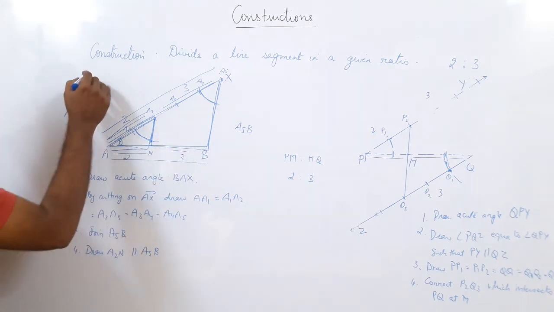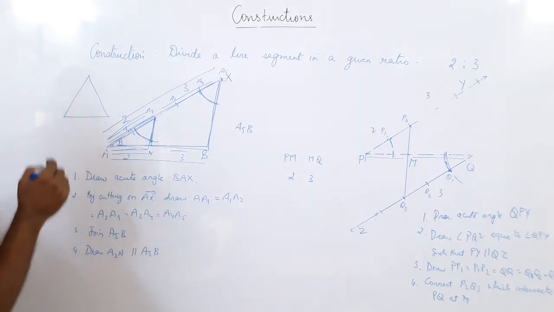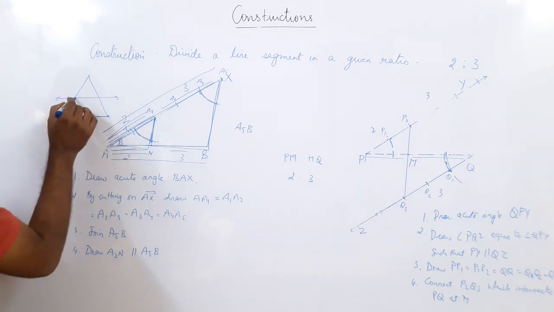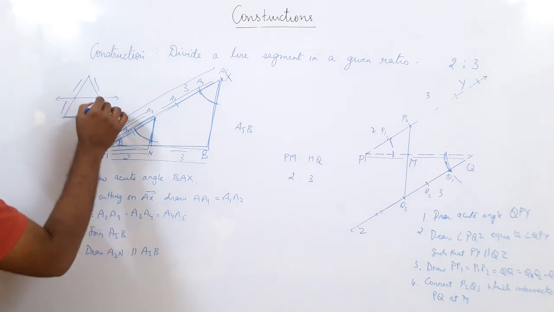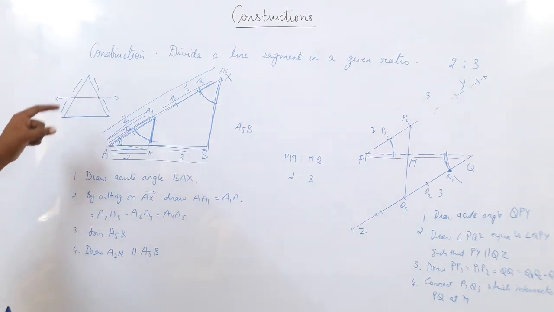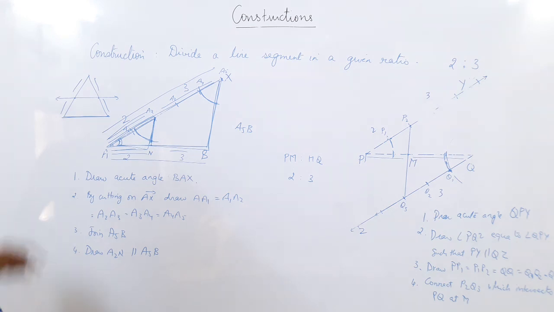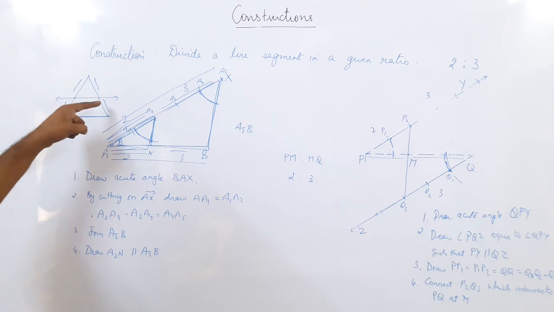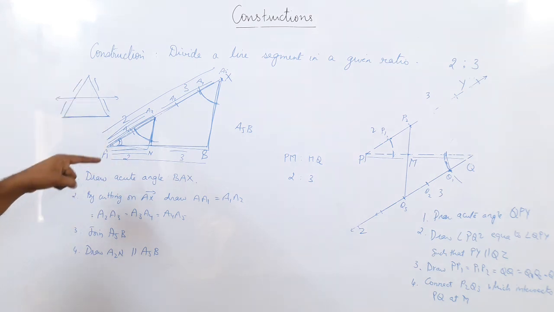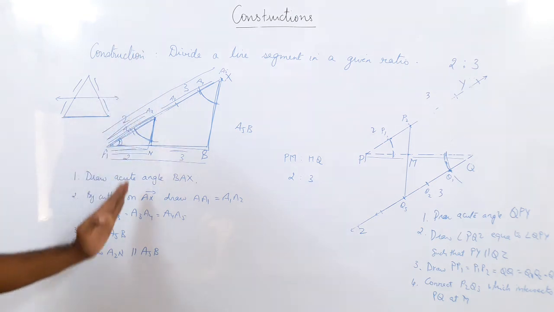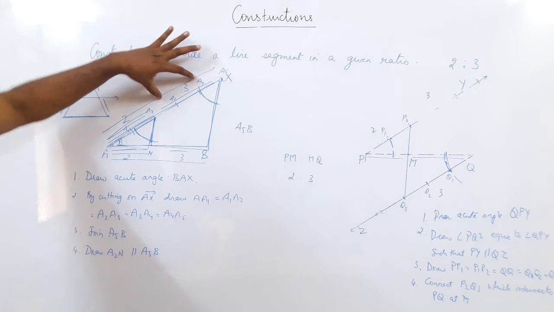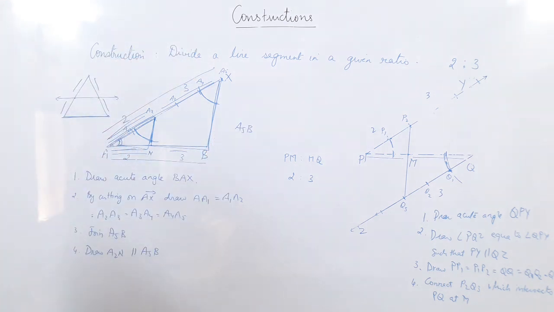If you remember the construction, remember similarity? A line drawn parallel to one side of the triangle cuts the other two sides into equal ratios. So this was done in the similarity of triangles. A line drawn parallel to one side of the triangle intersecting the other two sides cuts them into equal ratio. So here we have this big triangle and this line is drawn parallel to this. So it cuts the sides into equal ratios. So this was 2:3, so this is also 2:3. The same also works over there. So that is the mathematical principle.